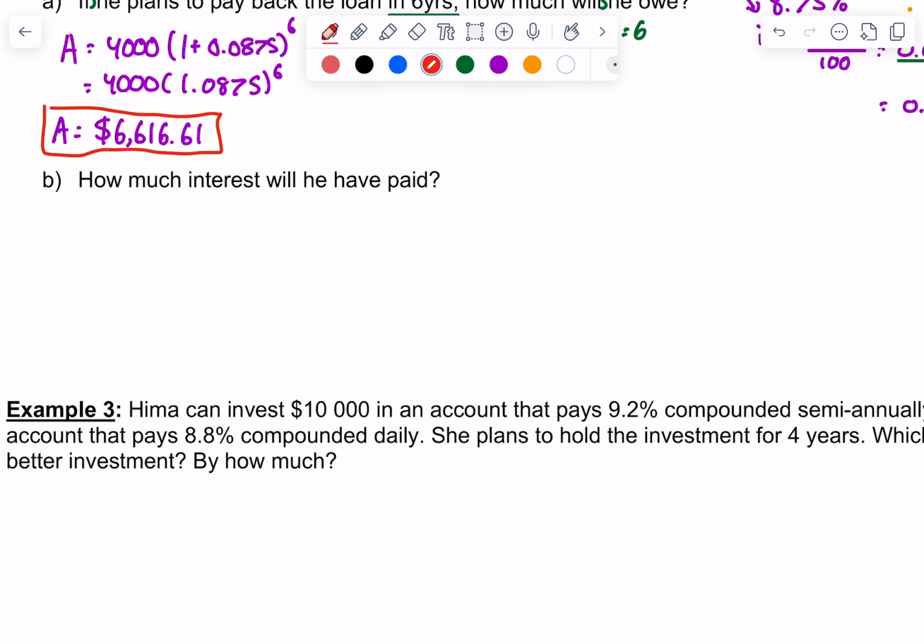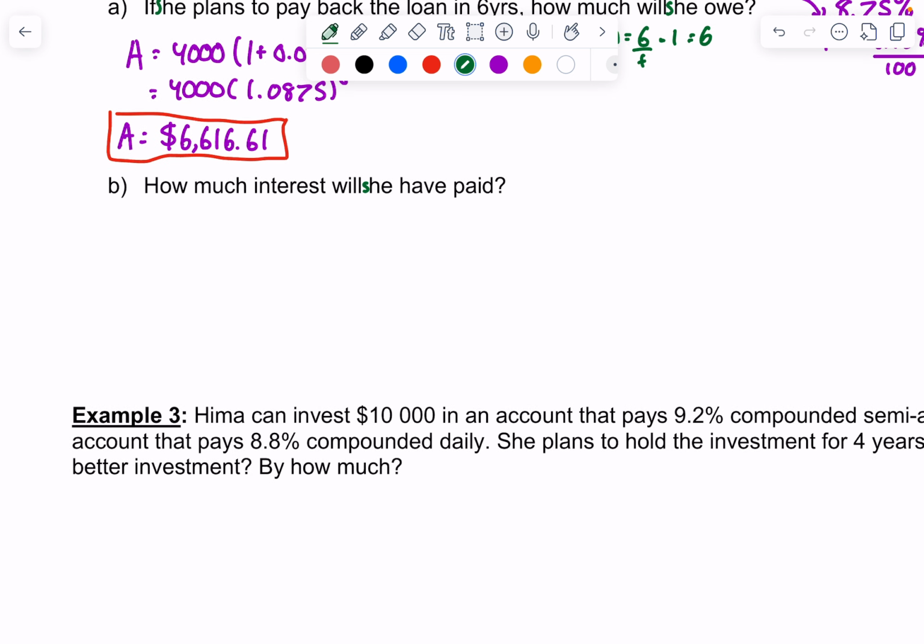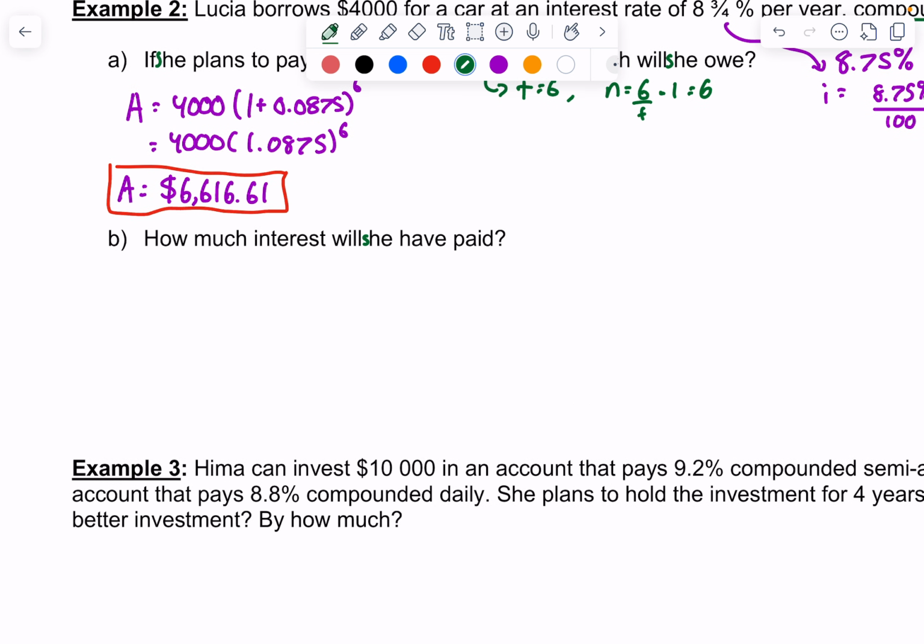So B, how much interest will she have paid? In this case, I kind of did the math for you. I already answered B, but if you borrowed $4,000, the only thing that is making money or changing money is the interest. So whenever you're calculating interest, think about what was the amount of money that changed in this case. Well, if you started with $4,000, like that was the only money in this problem, and then you finished with $6,616 and 61 cents,